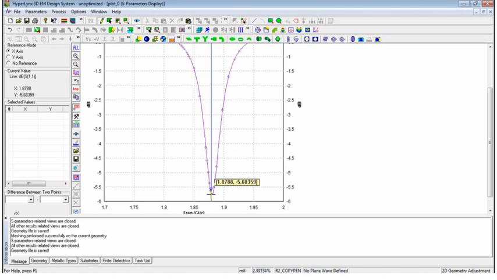So the next task here is to design and simulate this antenna to resonate exactly at 1.88 gigahertz. I want to resonate this antenna exactly close to 100. So in this case, the optimization feature of IE3D comes into the picture. So what we will do,